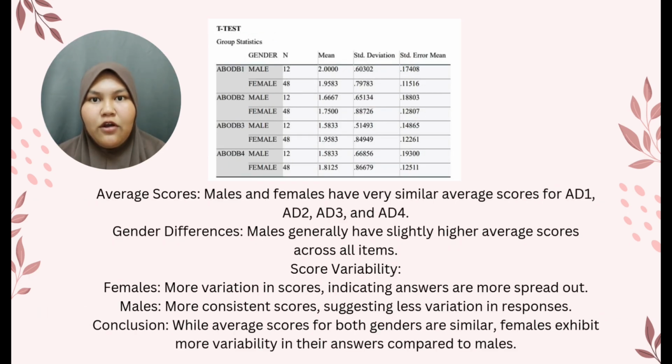For the t-test average score, males and females have a very similar average score for AD1, AD2, AD3, and AD4. On gender differences, males generally have slightly higher average scores across all items. For score variability, females show more variation in scores, indicating answers are more spread out, while males have more consistent scores, suggesting less variation in responses. The conclusion is while average scores for both genders are similar, females exhibit more variability in their answers compared to